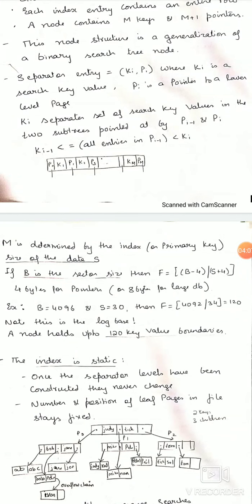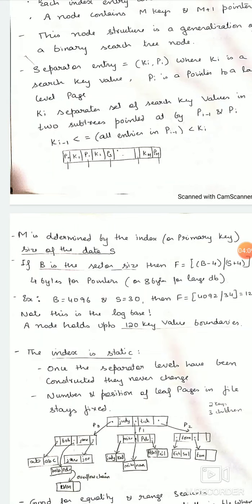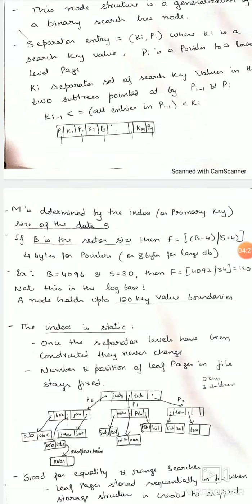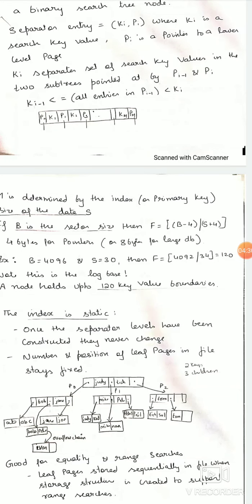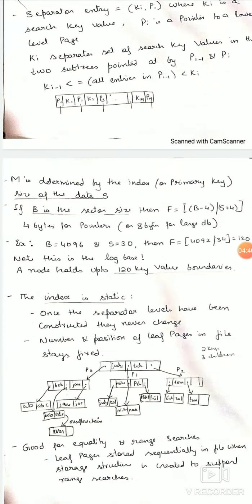Below is an example. Here we show how many keys each node can hold. It depends upon the disk structure as well as the data size. M is determined by the index whose data size is given by S. If B is the disk sector size, then you can use this formula: F = (B - 4) / (S + 4), where B is your sector size and S is your data size. Suppose we take the pointer size as 4 bytes. If it is a large database, it can be up to 8 bytes. For example, if